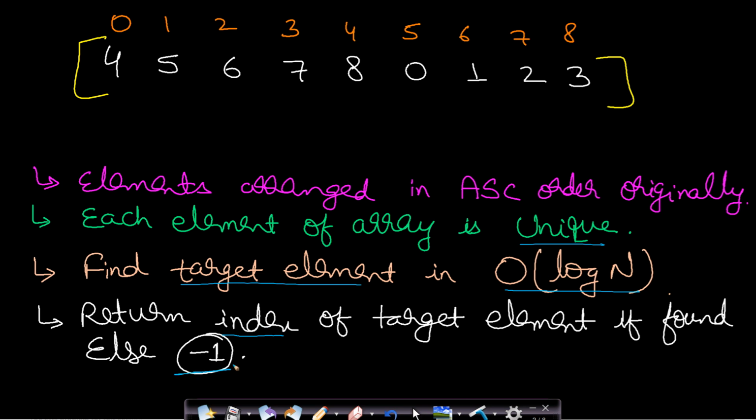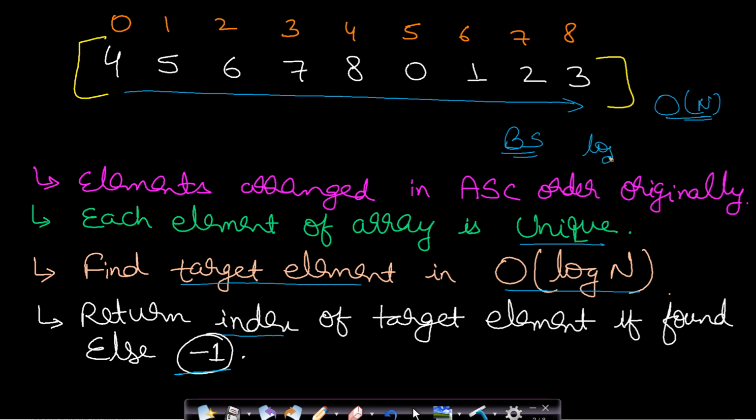Now what comes to your mind for solving this problem? The first thing which comes to mind is we can just make a linear search through this entire array and then we can find if the target element is present. But then this is taking order of n time, since we need to traverse all the elements at least once. But we already know that if the array elements are sorted, then we can apply binary search and find the element in just log n time. But even though it is not perfectly sorted, we can still apply binary search.